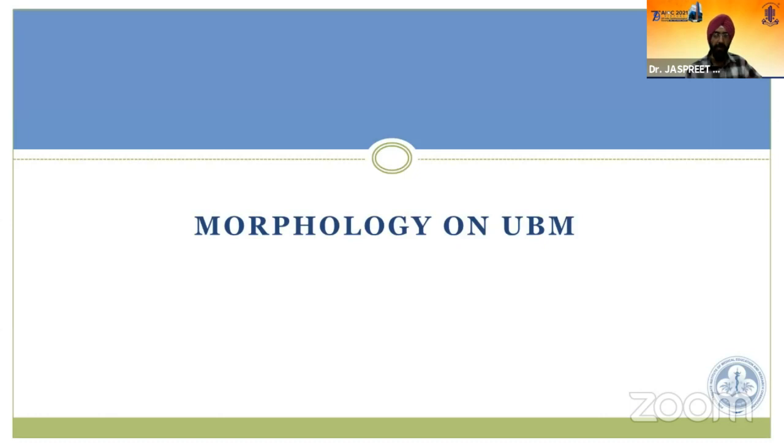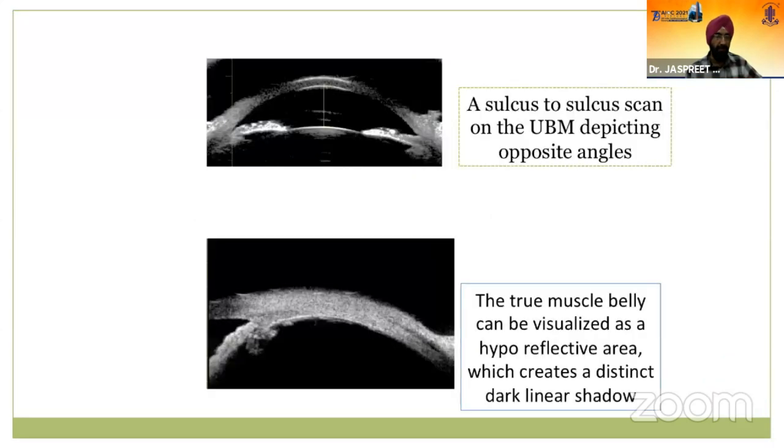So how do we see these muscles? You have done a UBM. Of course, this is important now. This comes with experience. Look at what to look for. How do the muscles look? Whether it's a true muscle or whether you're having some other kind of morphology, some kind of a pseudotendon or a scar. So this would come with experience.